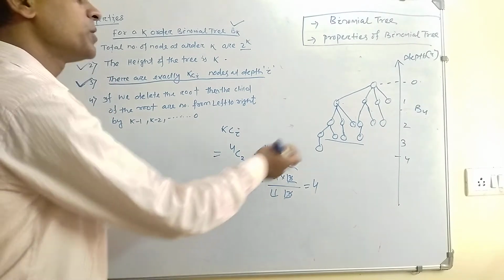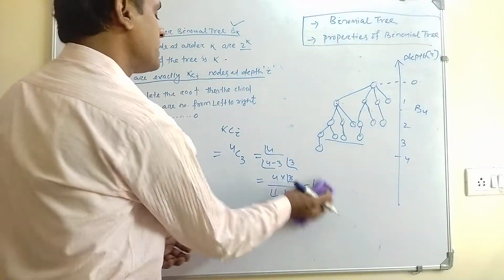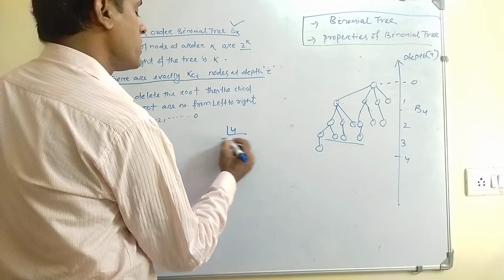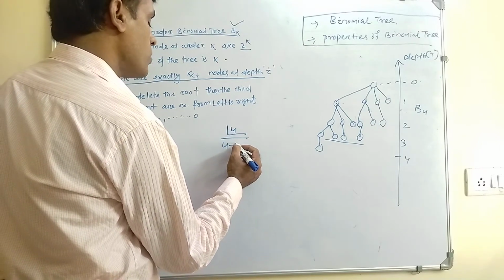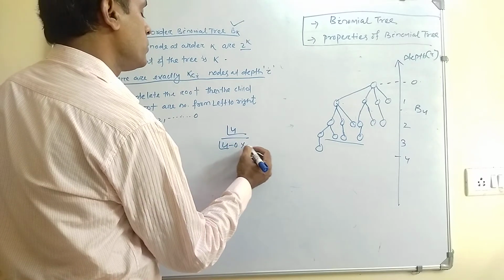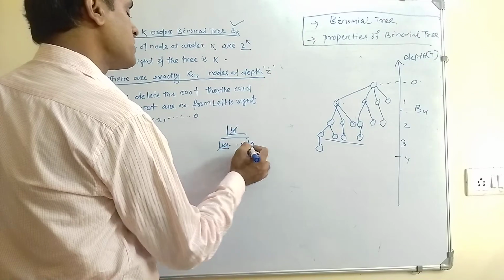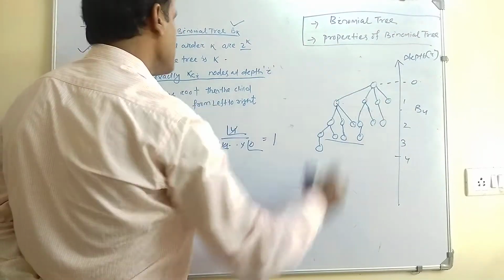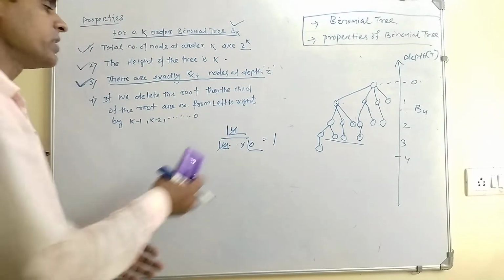So this property is also satisfied. If you think about the 0th level, i is equal to 0, at that time also you have to check: 4 factorial divided by (4 minus 0) factorial into 0 factorial. 4 minus 0 is 4, so 4 cancels, and 0 factorial is equal to 1. So the total is 1 node at depth i. So this is the property of a binomial tree.